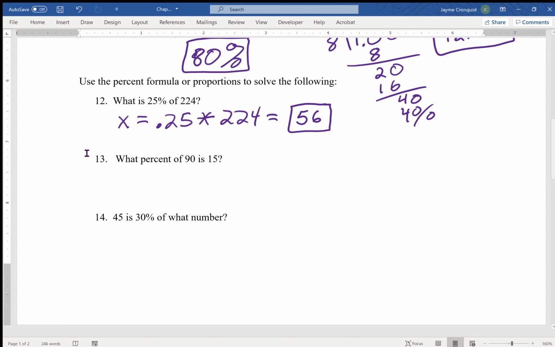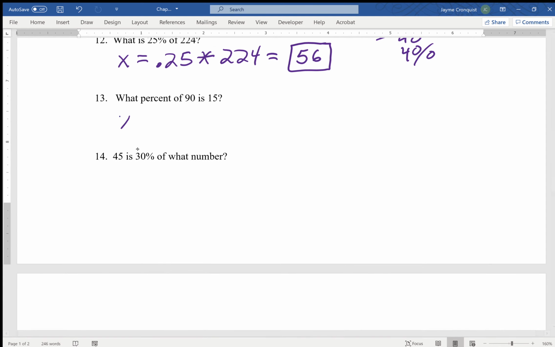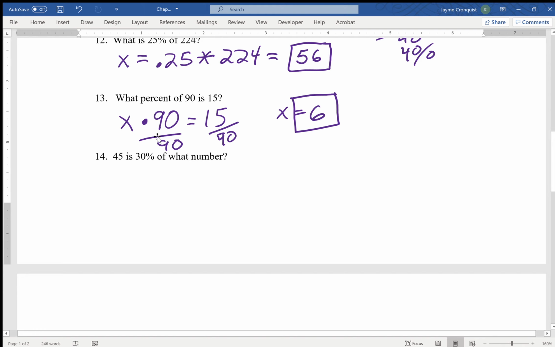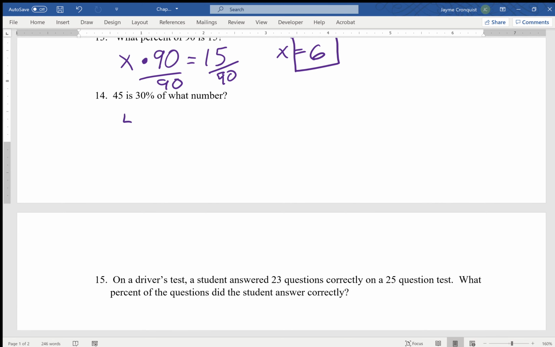All right. What percent of 90 is 15? Well, I have to divide both sides by 90 to get that x all alone. Well, 15 goes into 90 six times. 45 is 30%